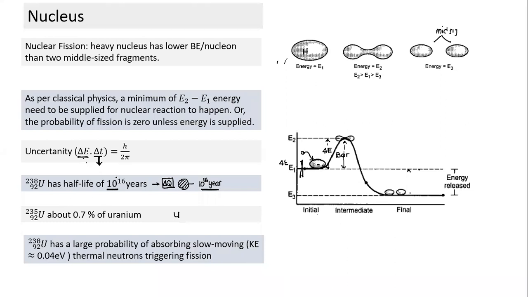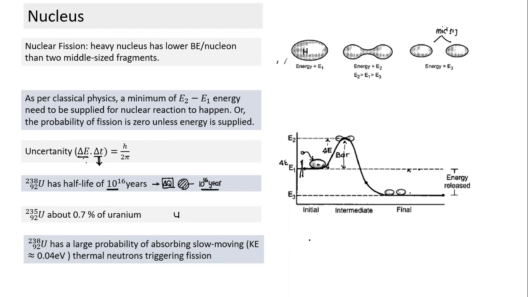The question is, naturally it is happening at a very slow pace. How do we make it faster? Can we supply energy in some other form which can make the probability of decay much higher, so that we can trigger a faster rate of decay? Let's see how it happens. Again we come back to the same nucleus. This nucleus has a high probability of absorbing a slow moving thermal neutron.